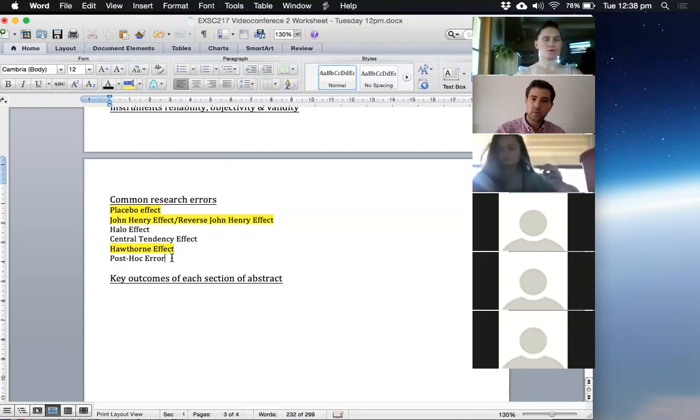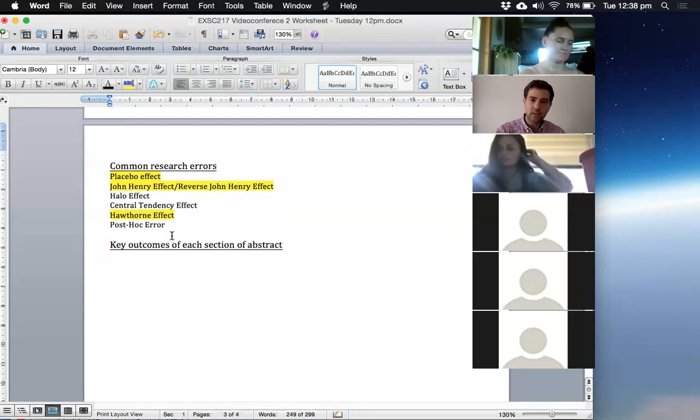Potentially maybe some of the others as well. Post hoc error is a little bit tricky because it does depend on what the researchers are writing up. So that's probably one that is always in play, but I'd probably be careful using it in the mid-semester exam. But certainly these other ones would definitely be important, or ones that you could list for this one that we've talked about. Okay, so that's kind of the end of the research methods concepts.